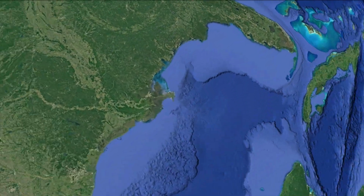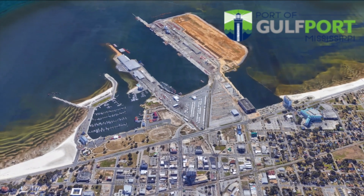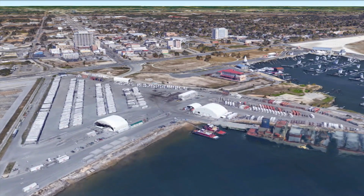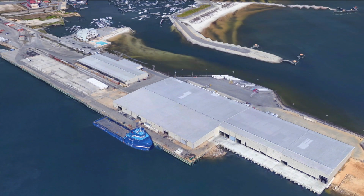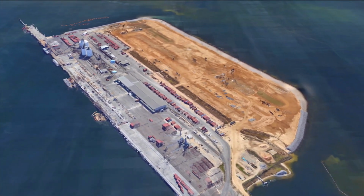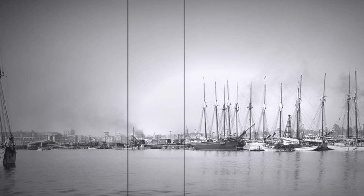Strategically located on the Gulf of Mexico, we have the deepwater port of Gulfport. The port features space for 10 vessels along 6,000 feet of space, with 110 acres of open storage and 400,000 square feet of covered warehouses. The East Pier Terminal has rail access as well as warehouses, while the West Pier Terminal is home to Dole, Chiquita, and Crowley. The Port of Gulfport was officially established in 1902, even though the area was used prior for